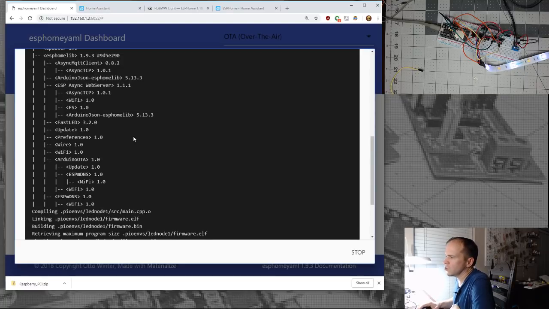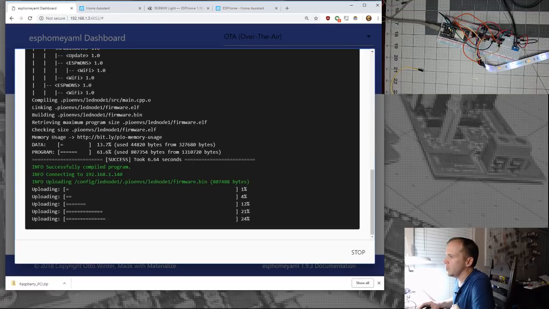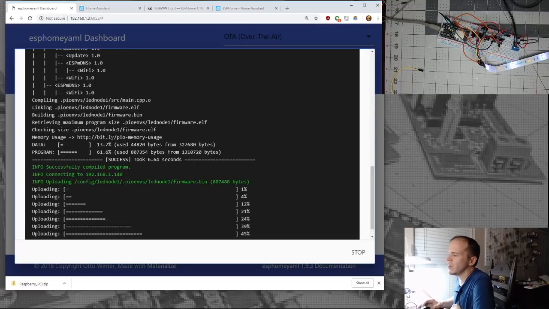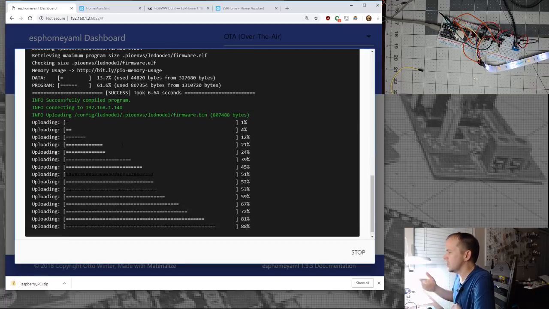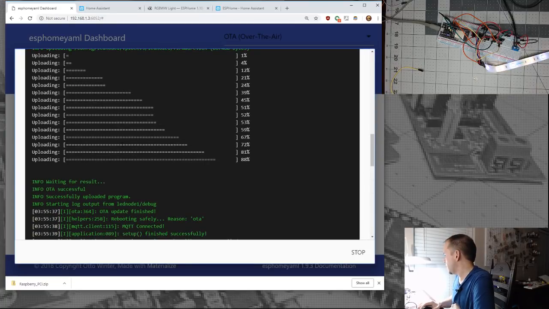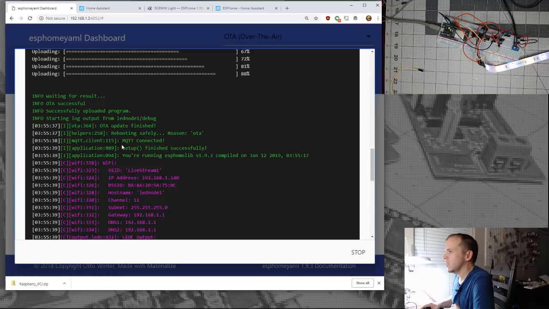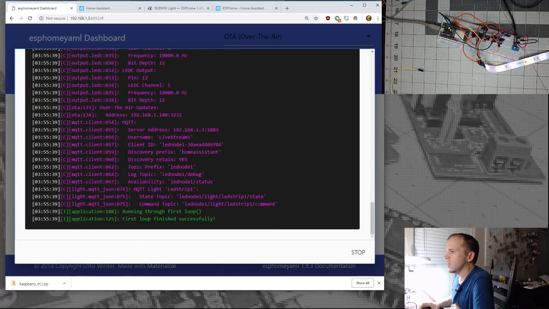And it doesn't auto scroll, but if you just scroll down, it compiles pretty quick. Of course, it will have to compile more at first because it does cache some of the libraries it compiles. So the first time it does take a little bit longer, but once you keep going with it, it compiles pretty quick. And automatically reboots, and you'll see it come through, and boom.